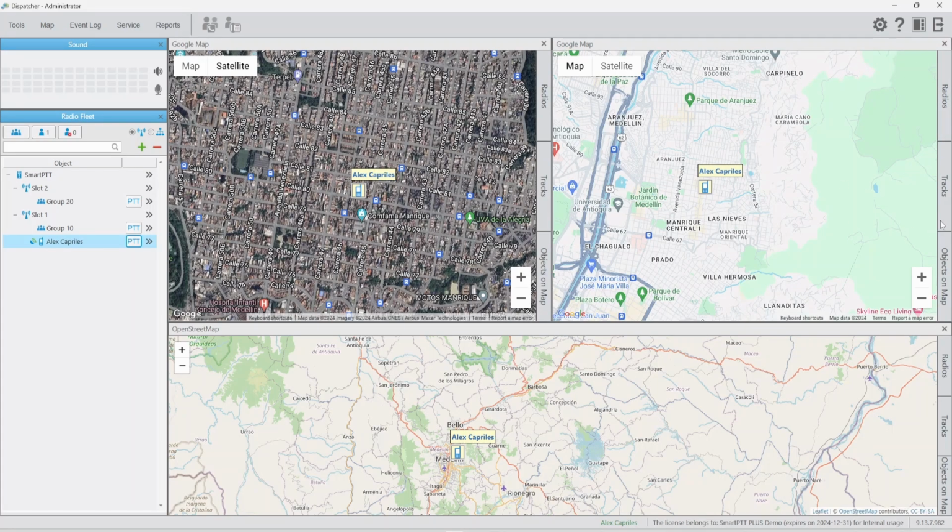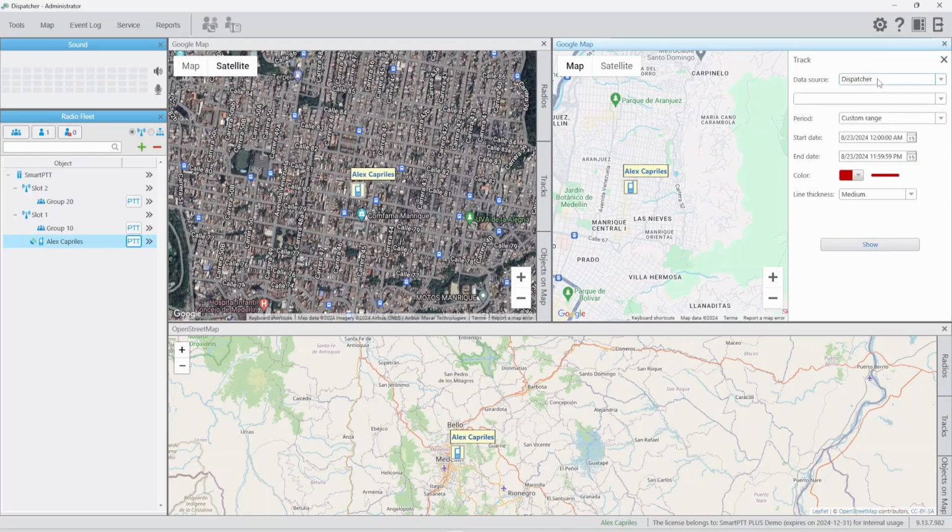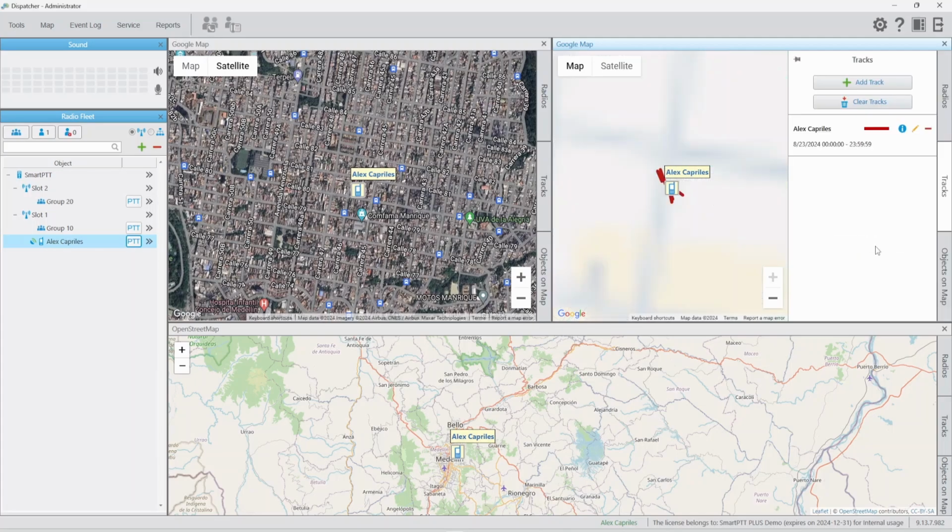Okay, now for example, if you go to track, we can add any track from the radio. You are going to be able to request the data depending on the profile. We are using the admin account right now, so we are able to request data from the dispatch database and also from the radio server. I'm selecting the dispatch. I'm going to select the radio. It's only one option. In your case, it's going to be multiple radios. And you need to request the specific date and time that you want to see the data. So for example, if I click showing the data,